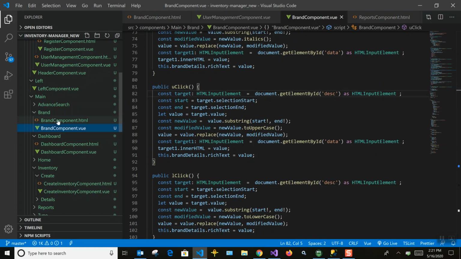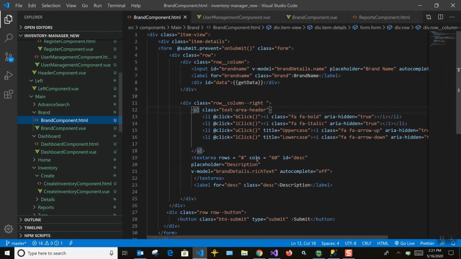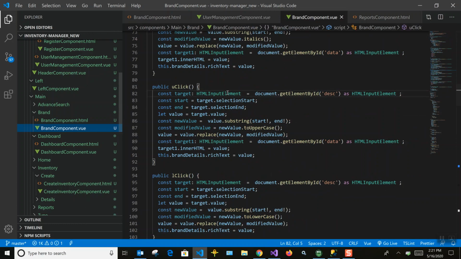Here you can see the ID of this text area is description. Once we get all the value, we need to know from which point to which point the user has selected, so we get selection start and selection end.